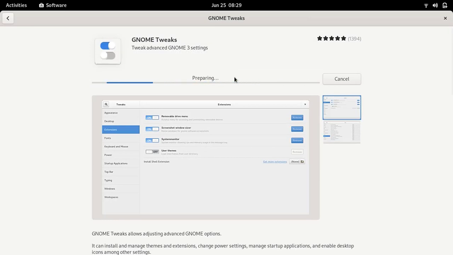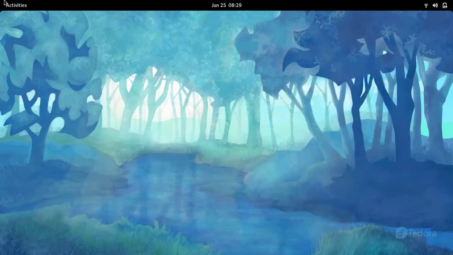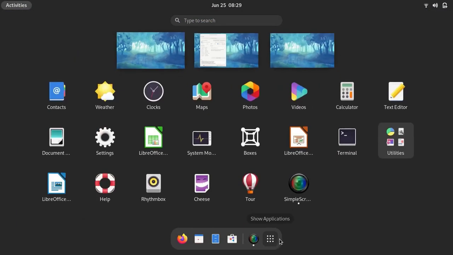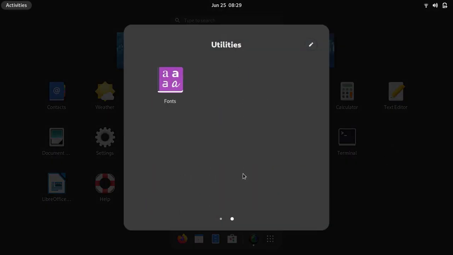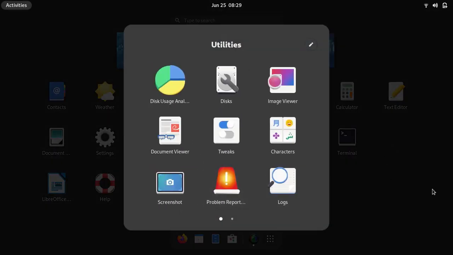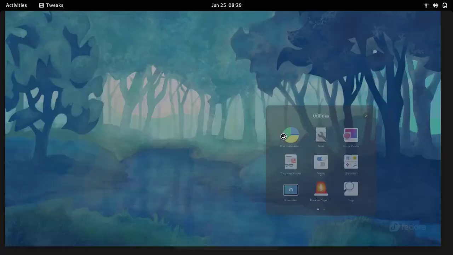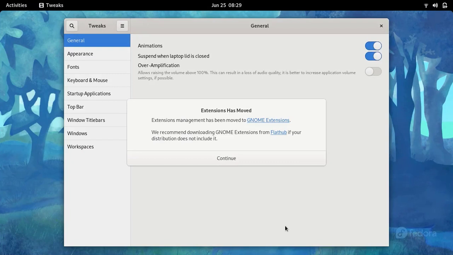Just install it. Here in the menu, under utilities, there we have tweaks. Here we have many more options for desktop customization and other window behavior options.